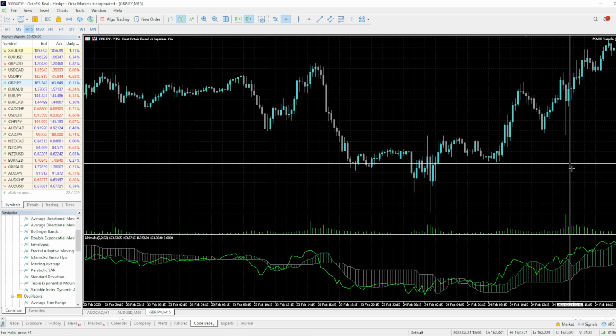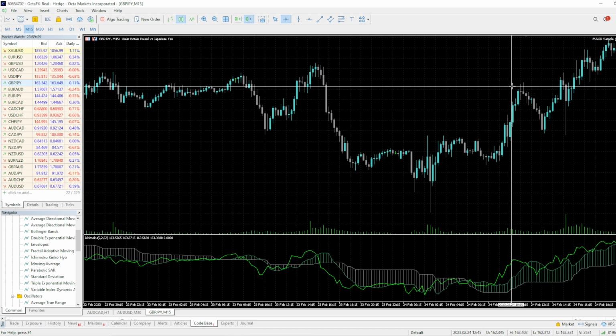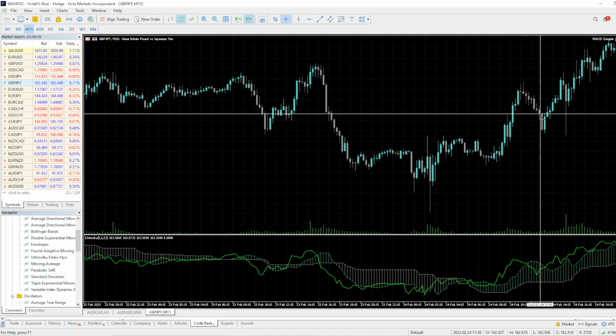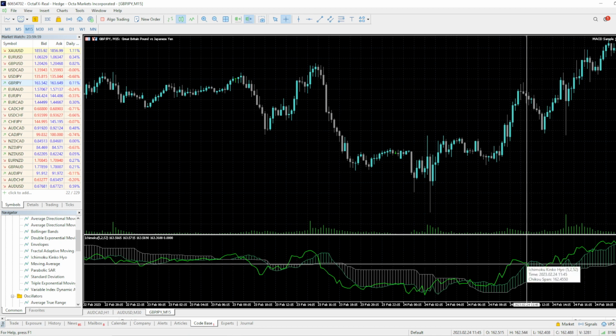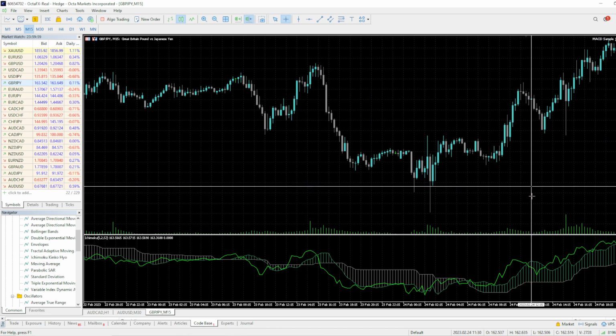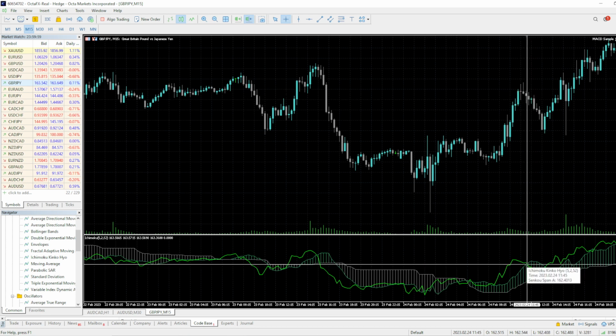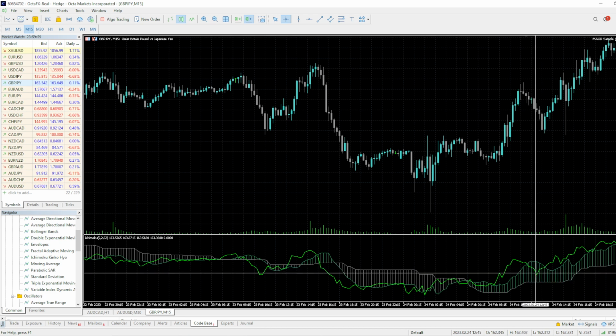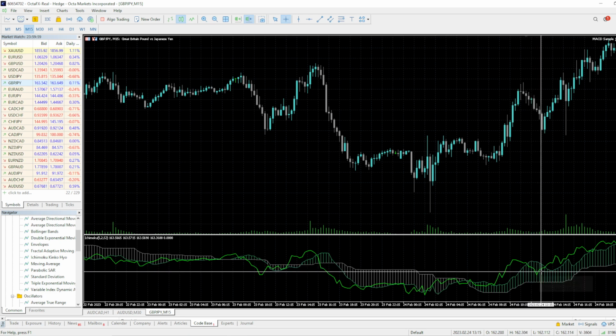It doesn't mean the trend is reversed to the downside. It means that the market is taking a pullback. So when the Chikou span is inside the cloud, you have to take your exit from your previous trade, and then you wait for the market to give you another buy signal. So take a look, it's inside, and right over here